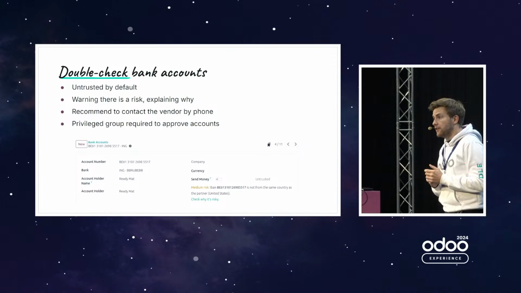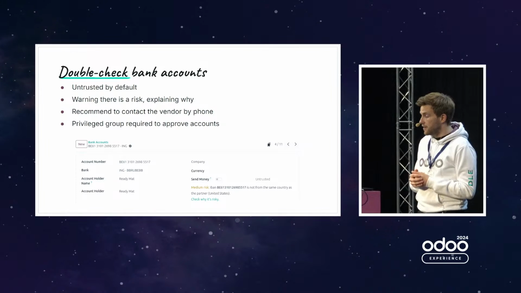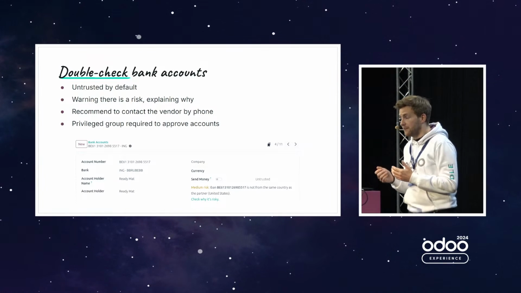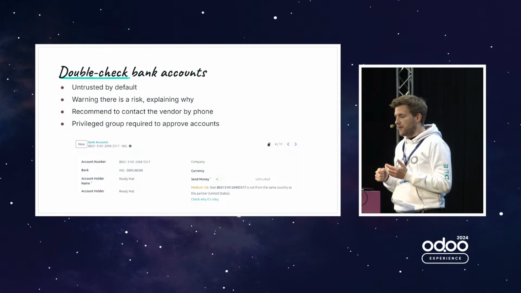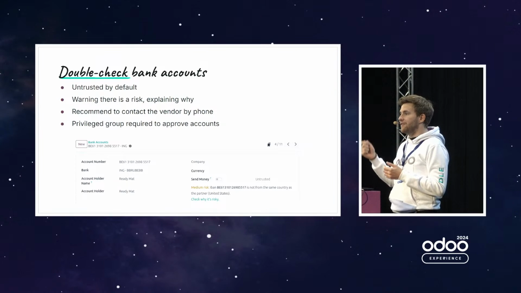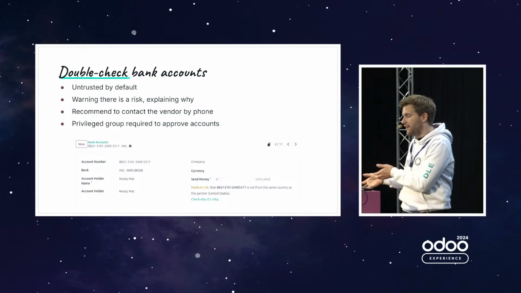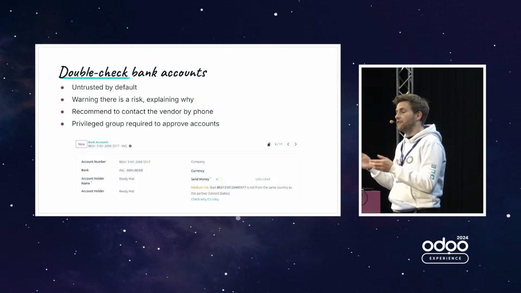This one is a feature that we added last year in Odoo 17, so it's still available in Odoo 18, where you can say if a bank account is trusted or not. By default, when you enter a new bank account, it's not trusted. And to be able to check that box trusted, you need to have a special group, which is not just accountant. It's really a standalone group telling, I followed the training to be able to say if that account is trusted or not. And what is the training?